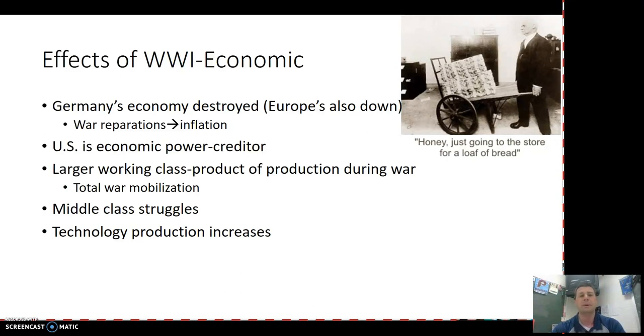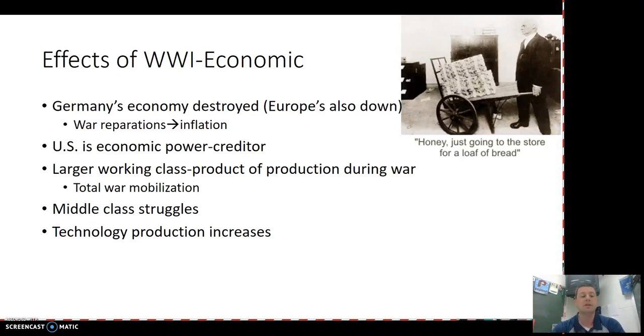Middle class struggles, especially your upper middle class who makes money from investments. Kind of, I don't want to say the bourgeoisie, but that's kind of how we've been still referring to that group. Anybody who doesn't have actual physical jobs, if you're making money from small businesses and things like that, you're in some trouble. The larger business owners are going to come out on top. So we do see some additional economic disparity between the top and everybody else.